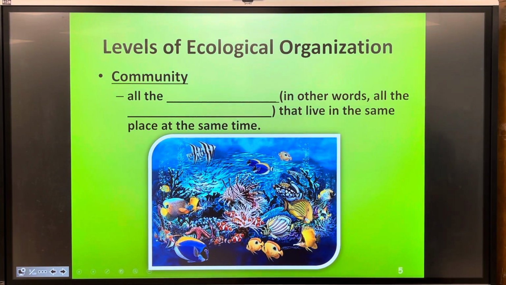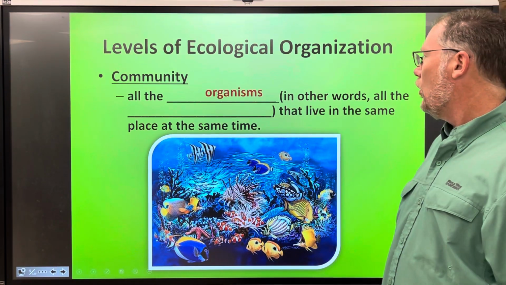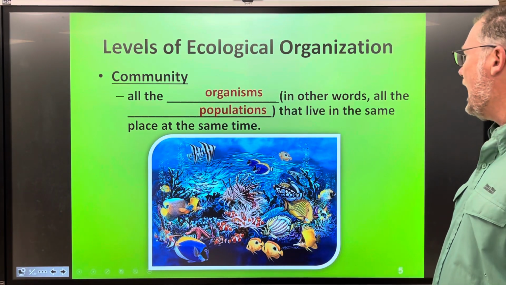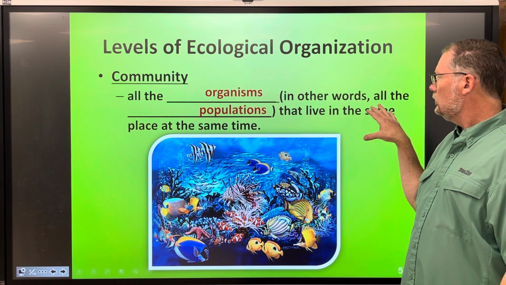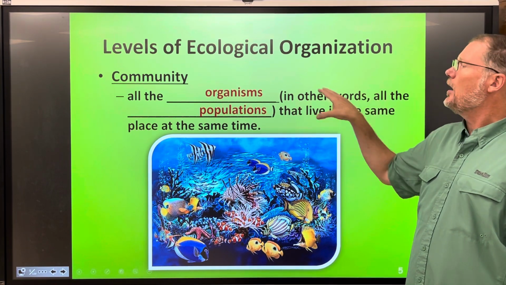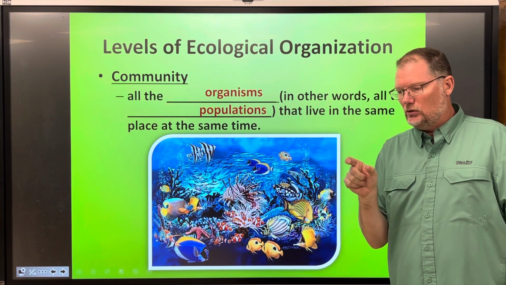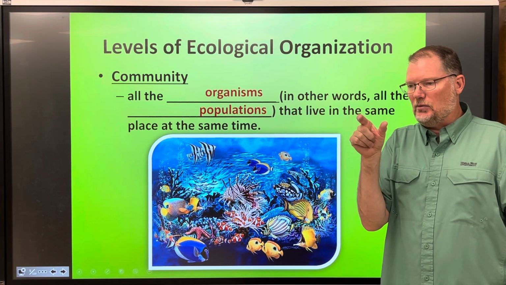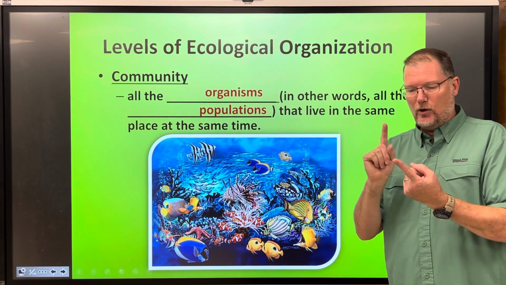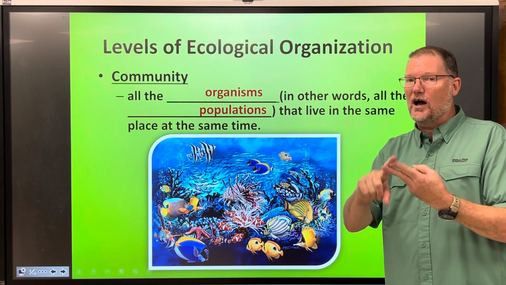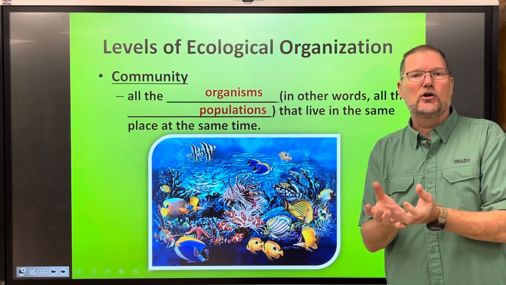The next level is a community. So now you can see we have different species, but they're all living in the same habitat, okay? So all of the organisms in all the populations that live in the same place. So we've got individual, we've got population, and then we've got community, different populations. So going back to my example, all the people, all the cockroaches, and all the iguanas make a community of organisms